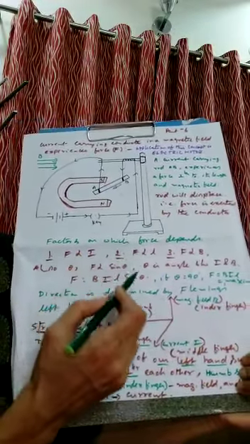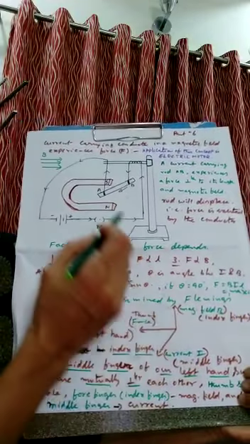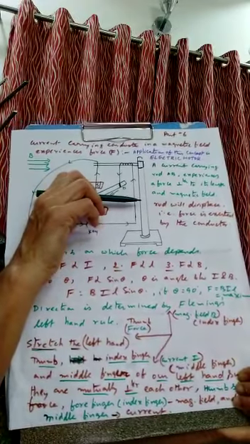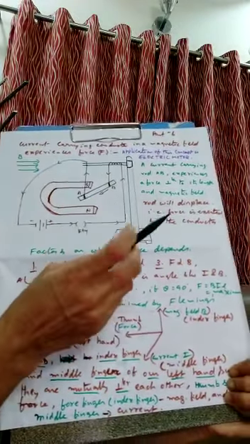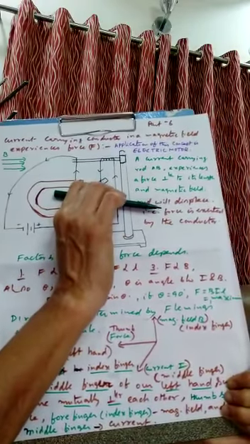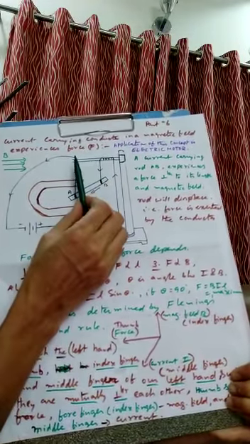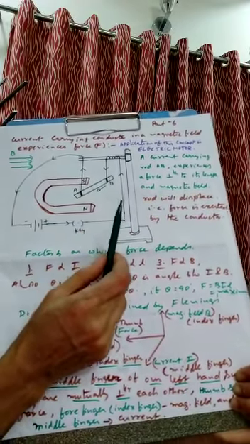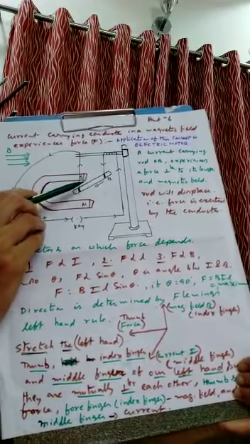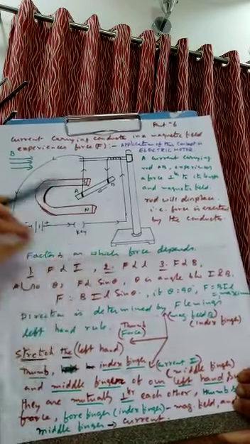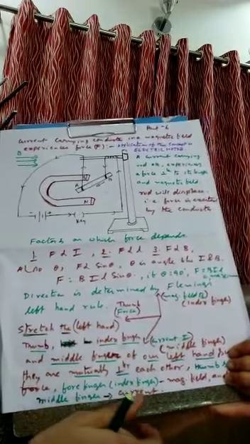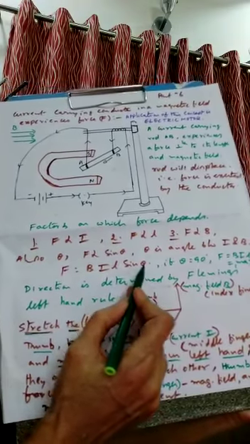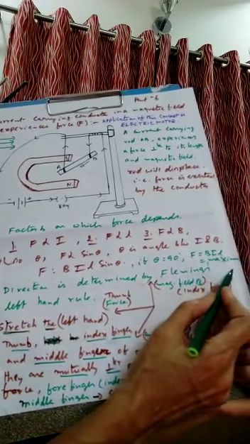The fourth one is that it is directly proportional to sine theta. Madam, what is theta? Theta is the angle between the current carrying conductor and the magnetic field. What is the angle in this case? This is the conductor carrying current and this is the magnetic field. They are perpendicular to each other, so the value of theta is 90 degrees. Sine 90 means maximum force. When you place it in a perpendicular direction, the force will be maximum, because sine 90 is 1. So the formula is F equals BIL sine theta. If theta is 90, then F is maximum, only BIL.